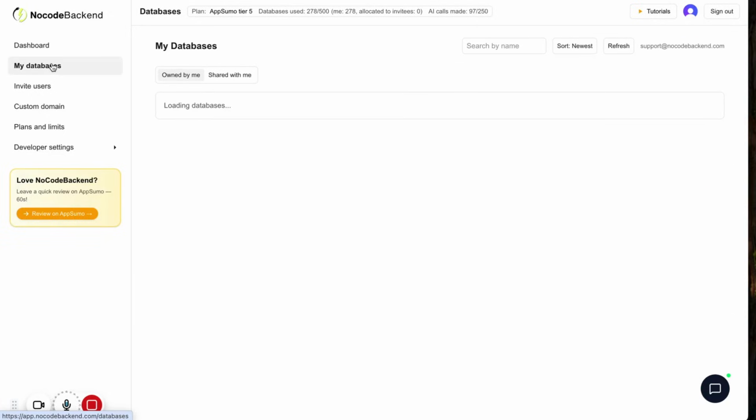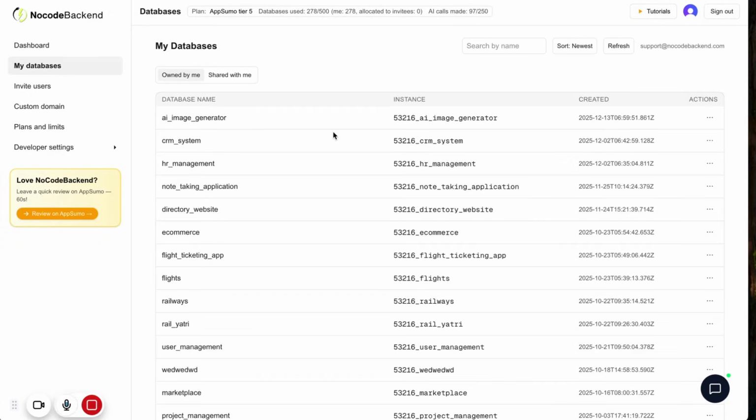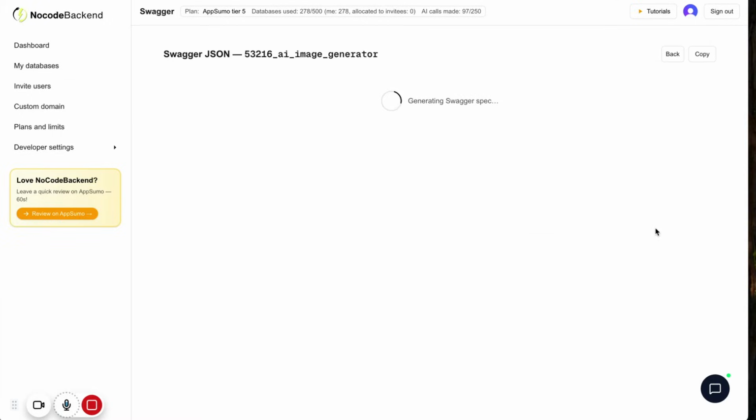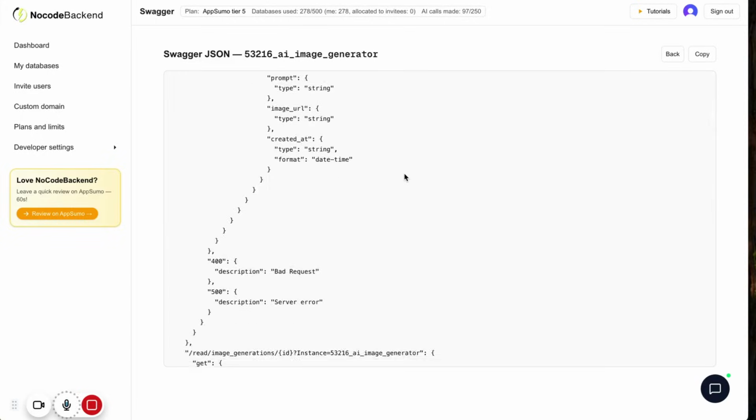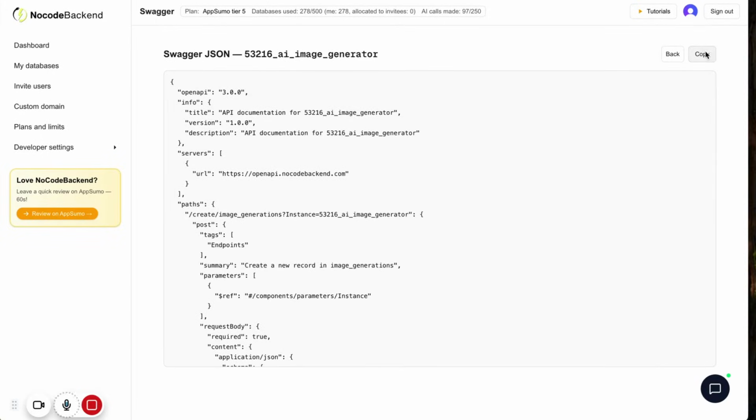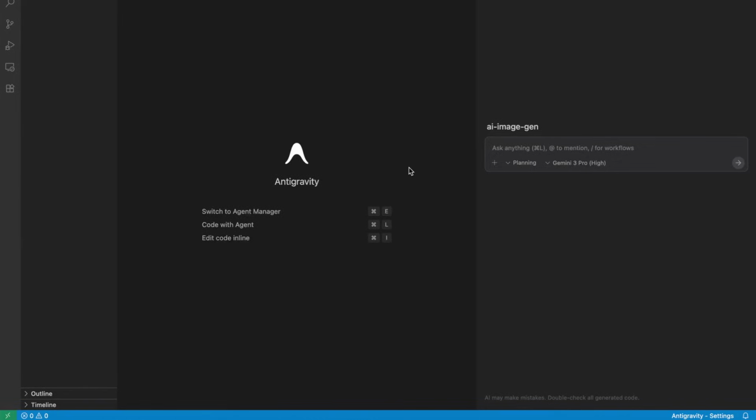Now, what I will do is I'll go to my databases and click on Swagger JSON. I have got the Swagger JSON. I'll just simply copy this, and this is what you could say is the heart of this entire integration. Now here I'll simply type the same prompt, create